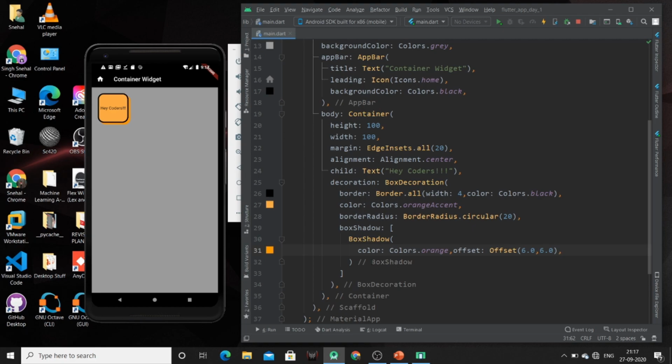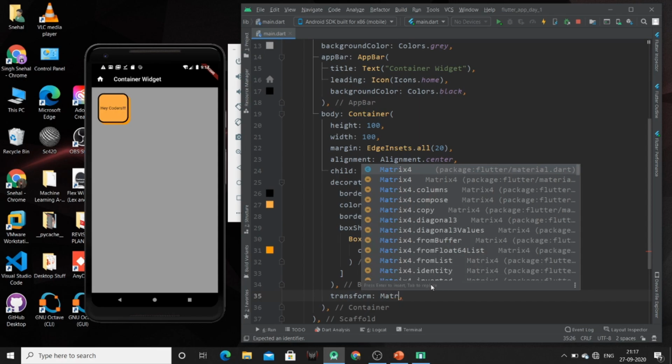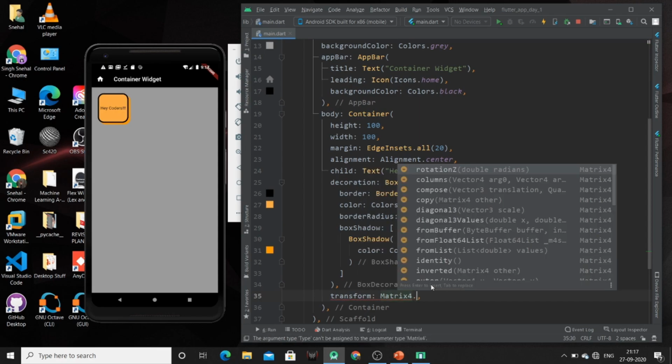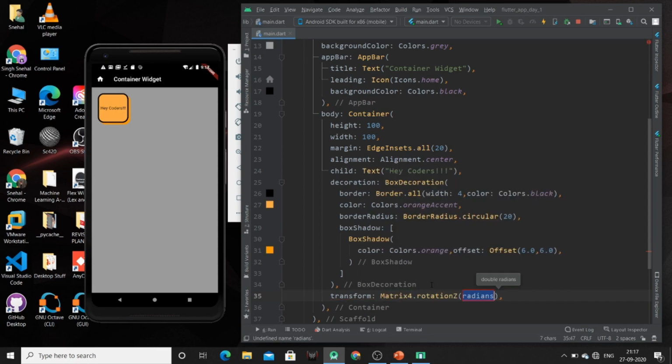Now if you want your container to be tilted or changed at a certain angle, for that you can use the transform property. By using this property you can change the angle of your container.